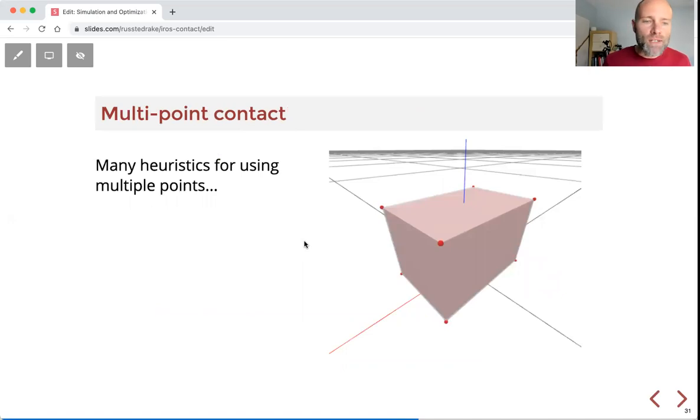We have many heuristics for applying multiple points. The one that we find most useful when we're trying to do our sim to real work at TRI: instead of trying to embed heuristics that are opaque in the geometry engine, we have chosen to, in the collision geometries we're working on per scenario, sometimes put in more simple collision geometries, like putting sphere contacts in the corner of boxes and then an inset box geometry to capture everything else.